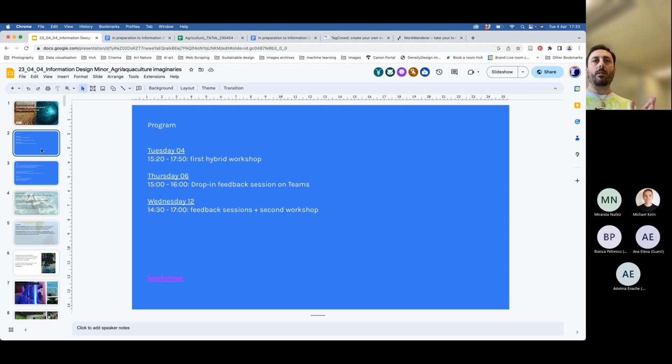Of course, the two parts are connected. Quite often, when you start visualizing things, it might happen that you find something that makes you want to change your question or your approach because you find something interesting or counterintuitive. But in this case, we keep them separate just to give you more time to